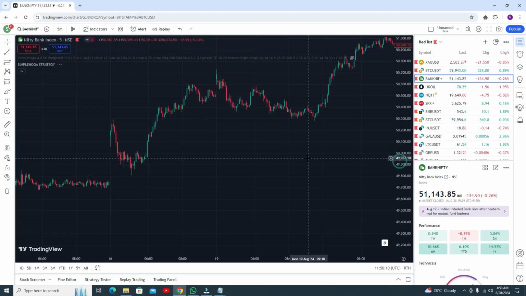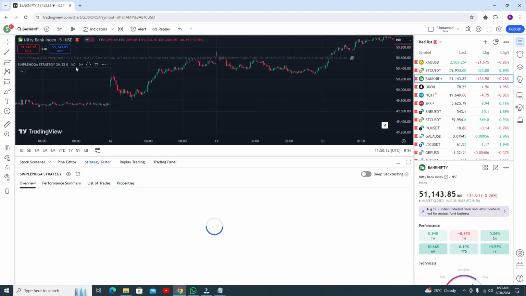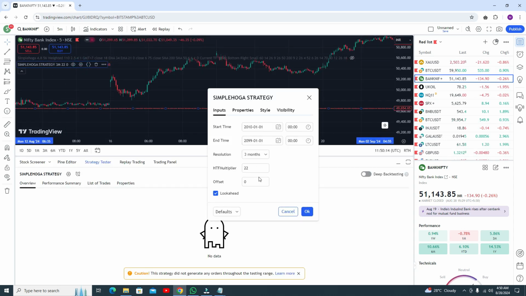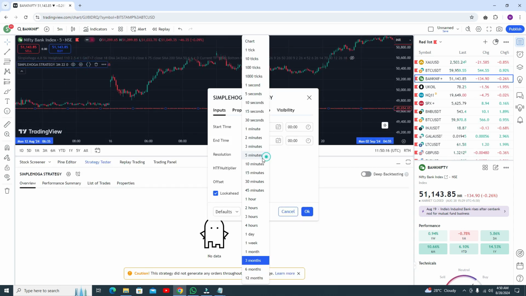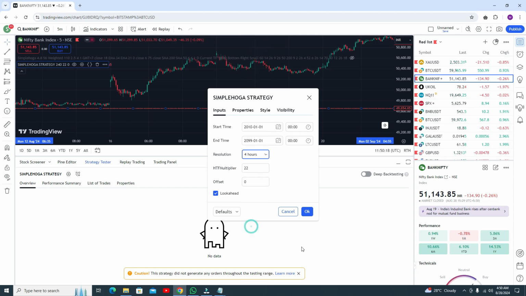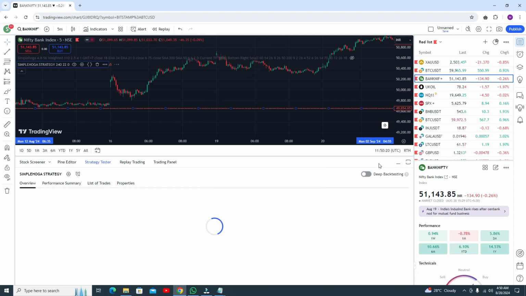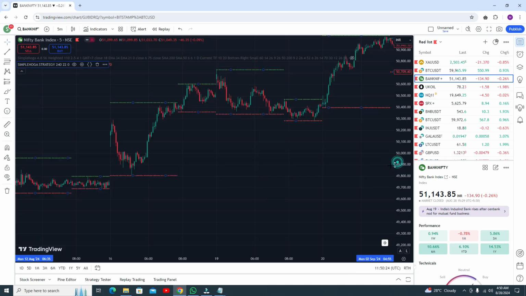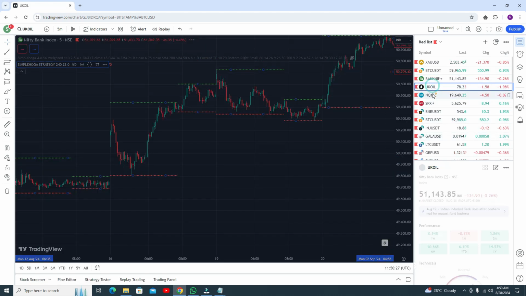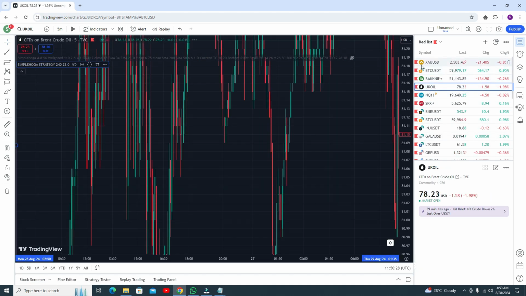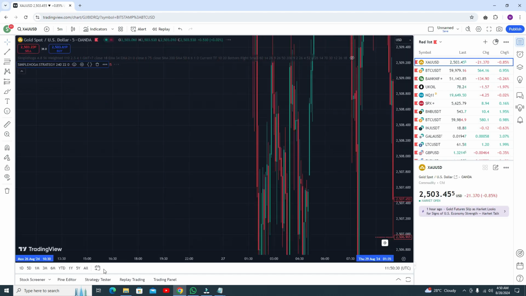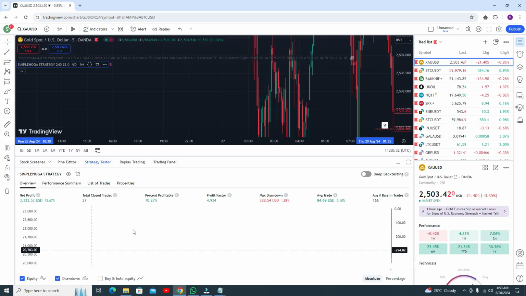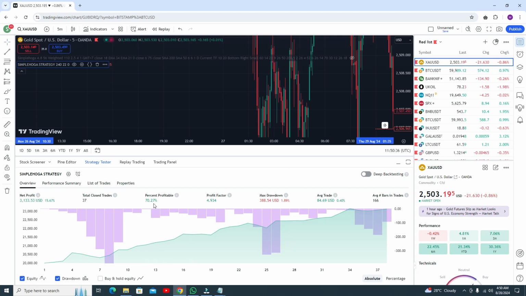Okay, after clicking on add to chart, just go to the settings. We are using 5 minutes, so here you need to select 4 hour, and the resolution should be set to 4 hour. Then you need to check the results. Let me show you some results, you can go to UK oil and gold. Maybe some results in gold, or go to the strategy tester. You can see only this single indicator is giving you accuracy of 70%.